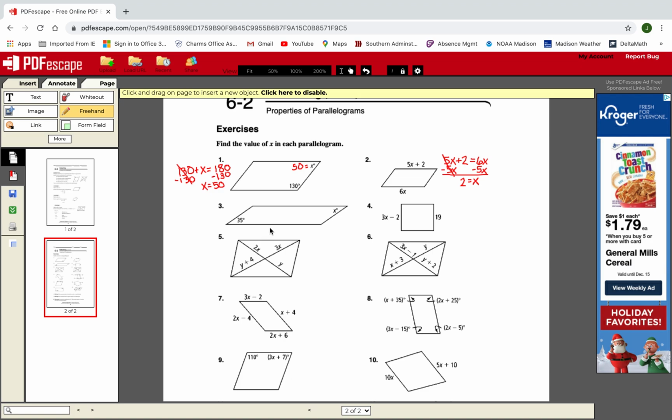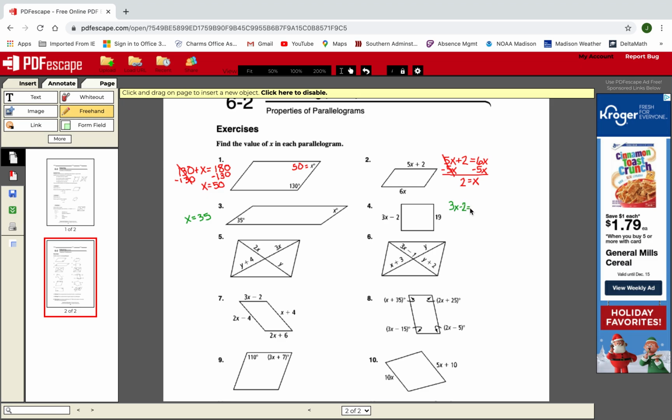All right. So on number 3, opposite angles are congruent. Since opposite angles are congruent, then I know that x equals 35. X equals 35. All right. I'm going to go back and put some notes in here in a minute on how we know these things are true. So on 4, we know that opposite sides are congruent, so I can simply set 3x minus 2